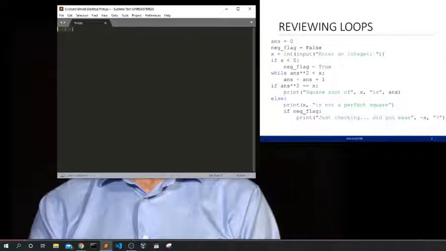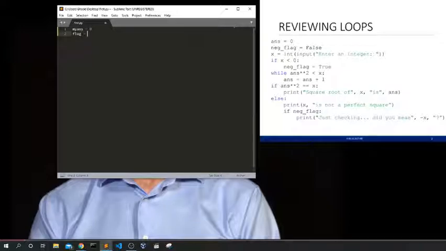So answer is 0, next flag is false, x equals integer input. So let's try my answer equals 0 and make flag.